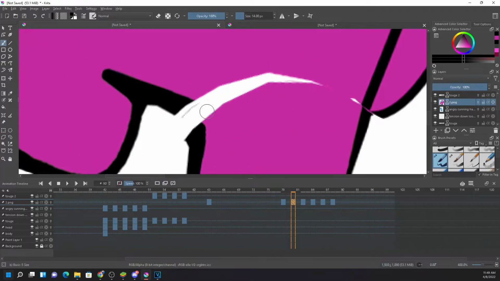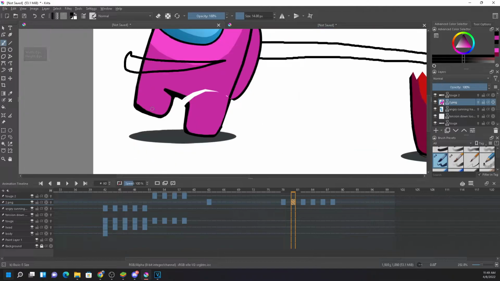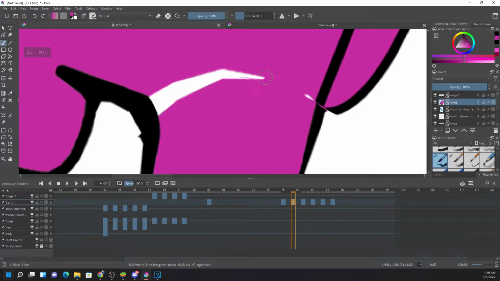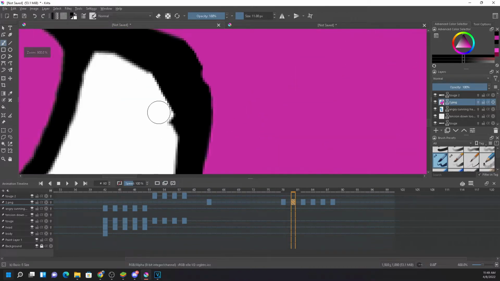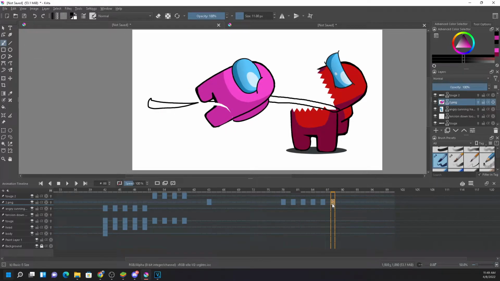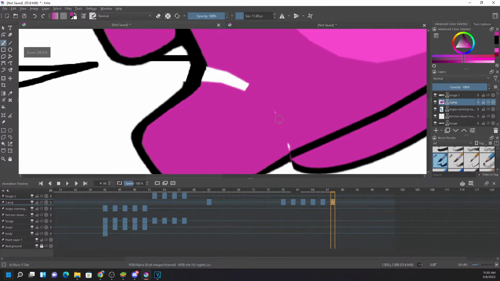I can't draw because there is an area selector over here. So you need to click on this one, click on the outer area. Now it can draw. You can delete this one, but it takes so much time for that. So I'm gonna keep it like this. Like this, you need to draw for each and every frame. Did you get it? Each and every frame you need to draw. You need to draw everything like this.